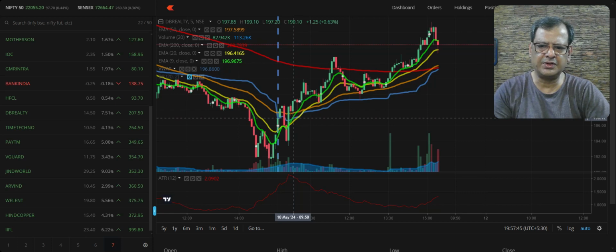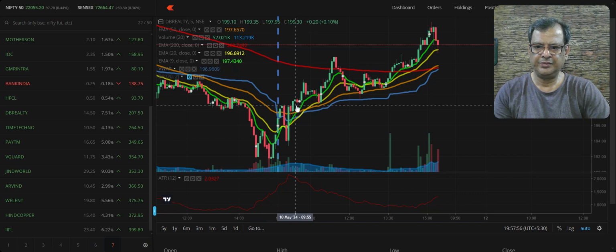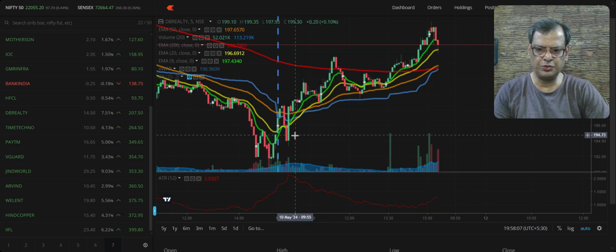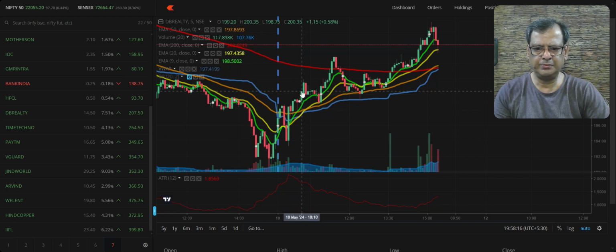Again, nothing doing here because it's a real jumble, and there is no clear direction whatsoever. So you look at this candle, and then this candle closes at 199.10, and the next candle opened again at 199.10, and it barely closes 20 paisa above, and immediately you have a bearish candle. So there's a continuous tussle going on here, and you have three inside bars here, followed by a bullish bar here. And if you look at the volume here, the volume is slightly above the 20. So you could have taken a long above this, but only for a scalp, and your